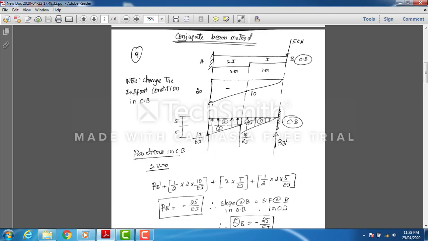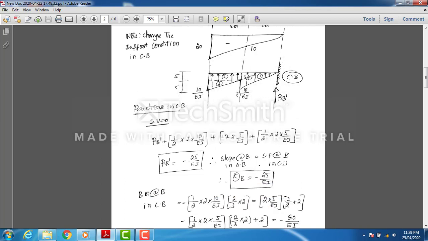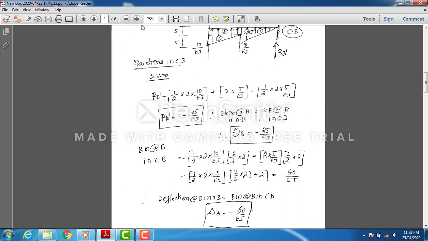So 20 divided by 2I will give you 10 by EI, and 10 divided by I will give you 10 by EI. At this point we have 2 values, one for I and one for 2I. For I it is 10 by EI, and for 2I it is 5 by EI, since 10 by 2EI gives 5 by EI. Accordingly you get the diagram. So next we should